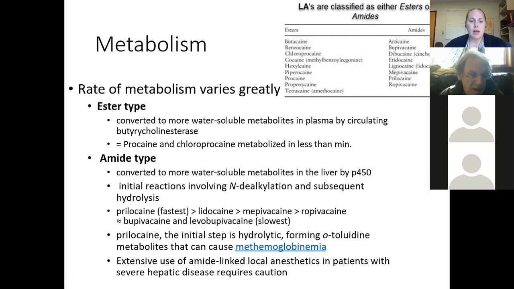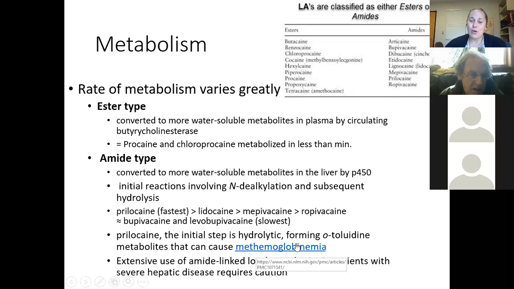The amide types, conversely, are metabolized in the liver by P450, involving an N-dealkylation and subsequent hydrolysis. And so here you can see a nice laundry list of those drugs that fall within that drug class and their relative metabolic breakdown rates. In terms of prilocaine, the initial step is hydrolytic, forming o-toluidine, and the metabolites can cause